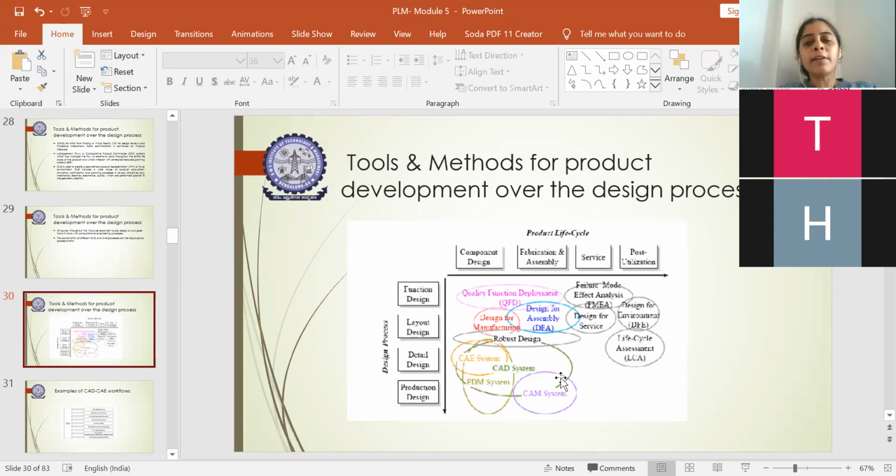Okay. So any errors which come across could be focused in our failure mode effective analysis, design for environment. And the manufactured part virtually could also be assessed with the life cycle, how it will prolong, where you will get the maximum sales and profit, when will be the decline stage, even that could be roughly assessed. And even the design for serviceability, how much serviceability, where, how, that could be also created virtually. So this entire thing plays a vital role in identifying where your product stands in the market virtually also.